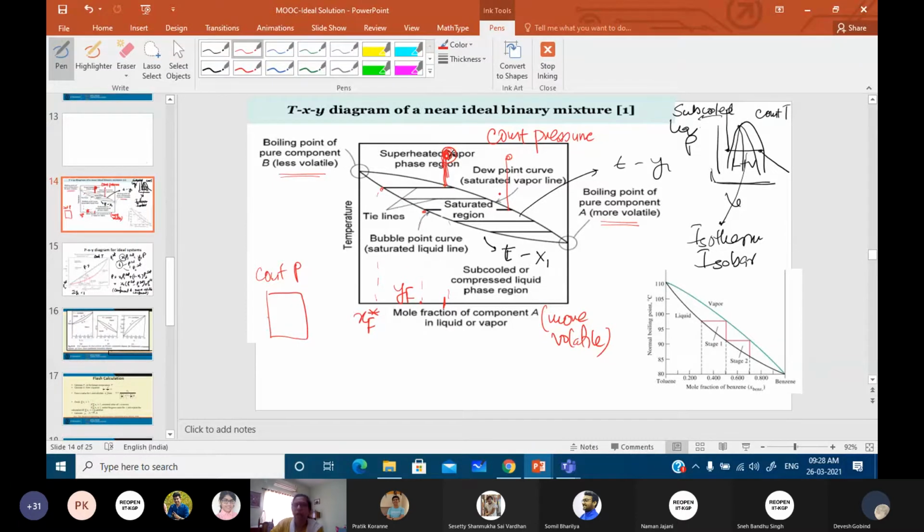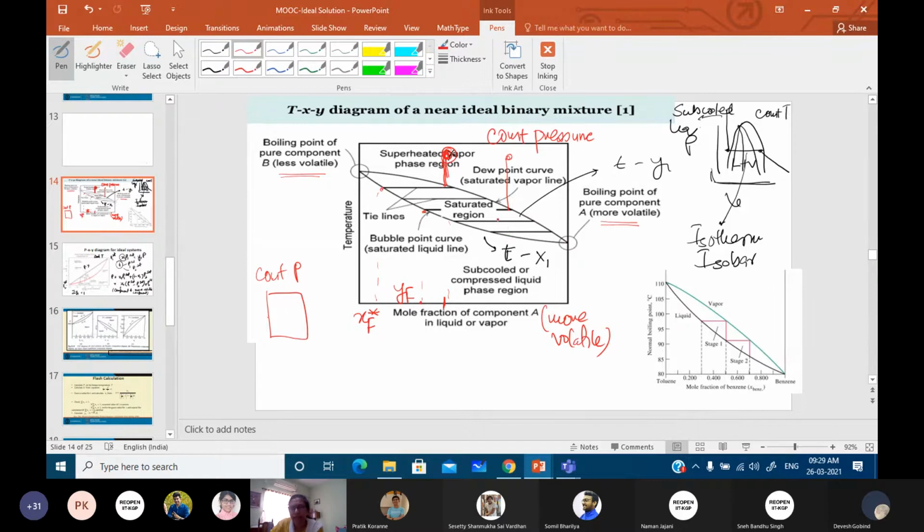Point number 1, and point number 2 is that change of phase in this case does not occur at constant temperature and pressure conditions. If the pressure is kept constant, the change of phase occurs over a range of temperature. Again, the start and the end temperatures lie between the two boiling points, but what will be the range, that again depends upon the composition of the mixture.